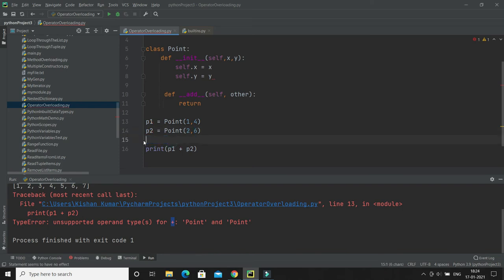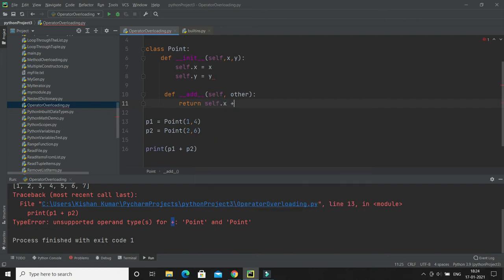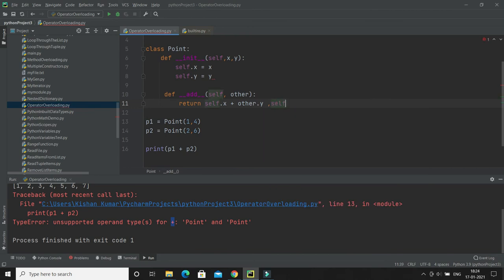So I am going to define here an operation which is going to return self.x plus other.y, comma, self.y plus other.y. That's it.